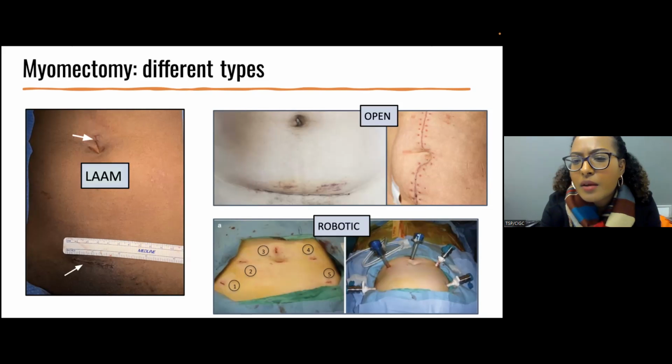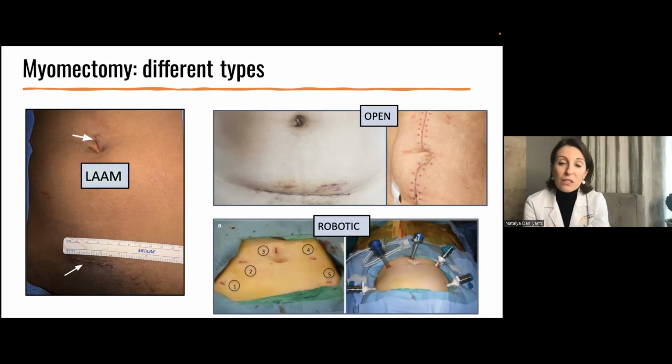What are the sizes of fibroids that you have to be worried about? I have a 6 centimeter fibroid. Do I need to do a myomectomy? So typically a 6 centimeter fibroid is sizable. So it's something that definitely needs to be considered, because the issue is, unless you're already in menopause and we